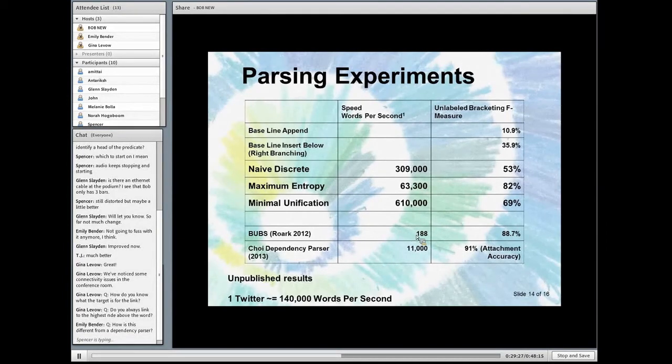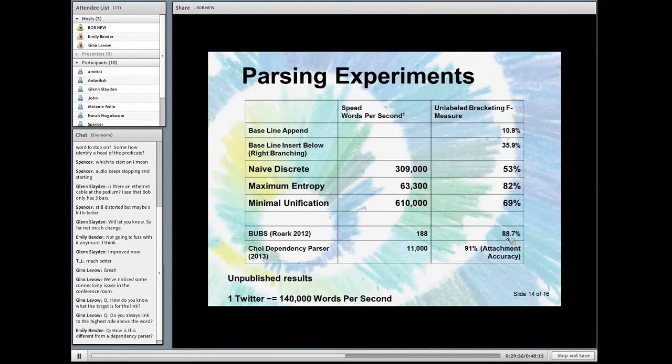they were trying to improve the efficiency of several different parsers, and this was one of the results from that paper. I picked it out of that paper because it was the fastest one in the paper, 188 words a second, as opposed to many thousands of words per second in my parser. But the accuracy that they're achieving is much better. And if you've read much literature on parsers, the really good parsers get up to 90–91%. And this is as close a comparison as I can get in terms of comparing my parser to other